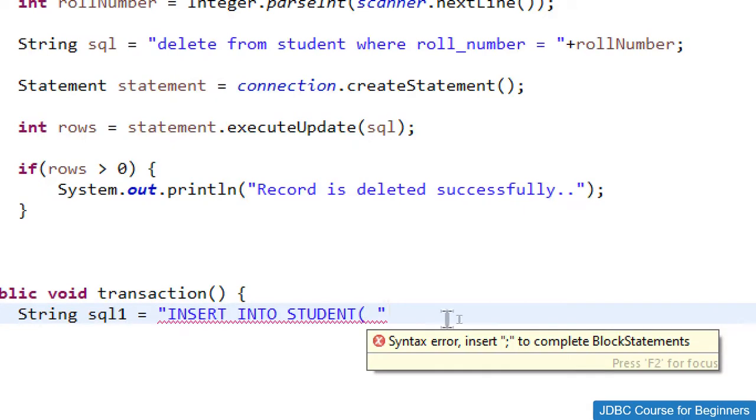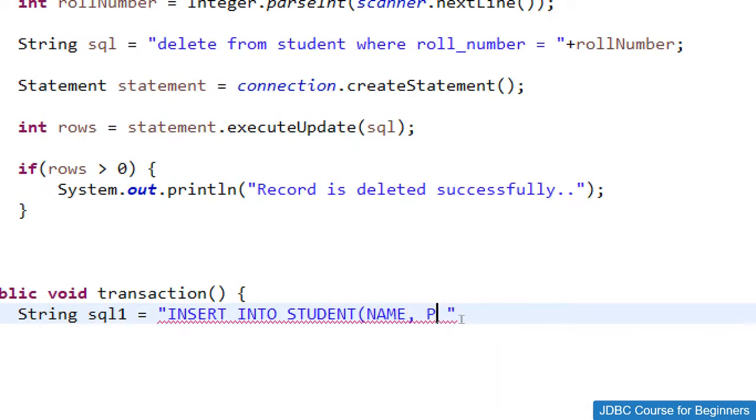So we just need to provide the values for name, then percentage, and at the end we just need to use address like this, and insert into student name, percentage, address, and values like this.